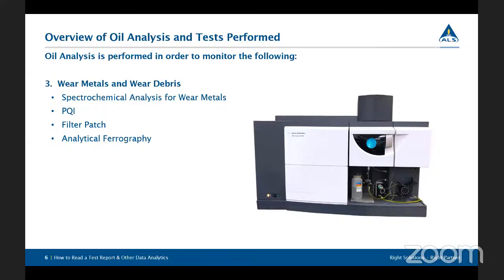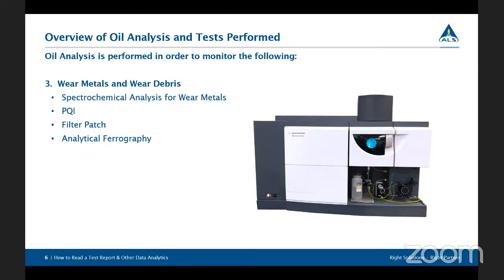Next, we'll look at wear metals and wear debris. So this is the third and last component of oil analysis. After we've learned, okay, is the fluid itself okay? Does it have the properties that it should have? We've checked for contamination. Now we want to look at what is going on inside of that lubricated piece of equipment. So if it's an engine, we want to make sure that there's no parts wearing excessively inside that engine,